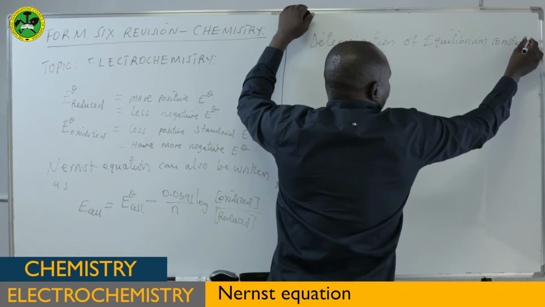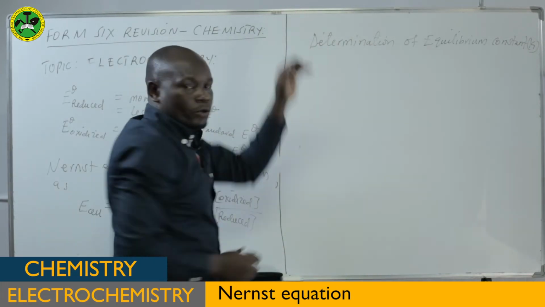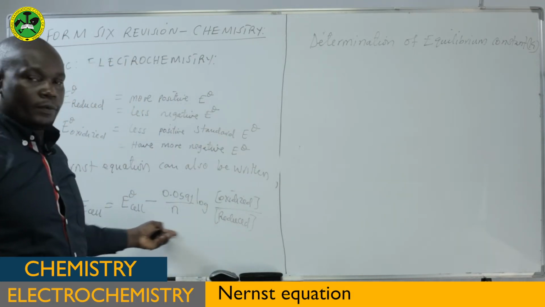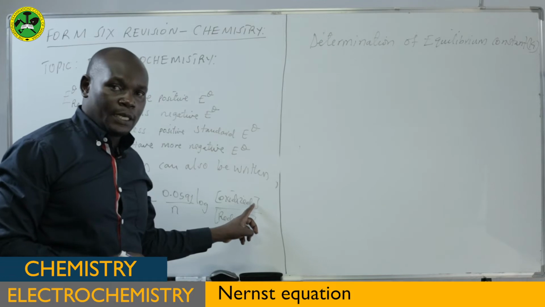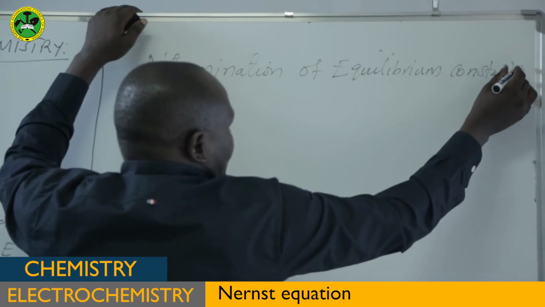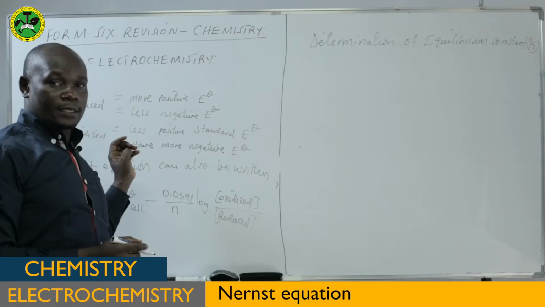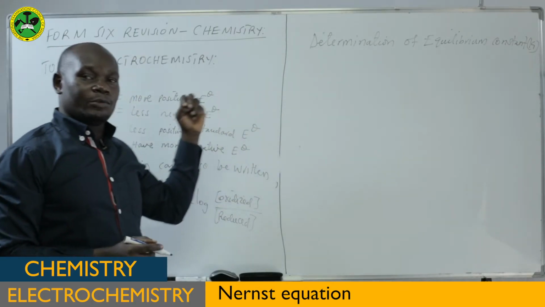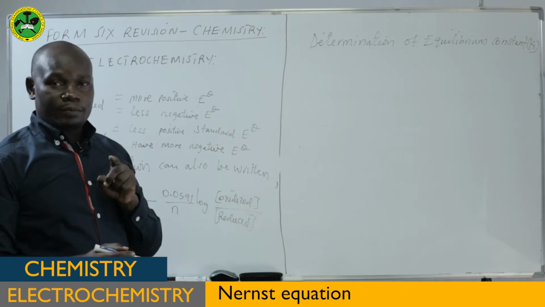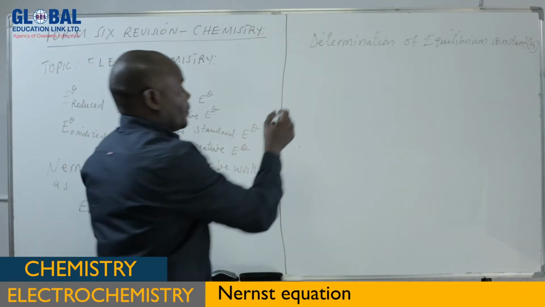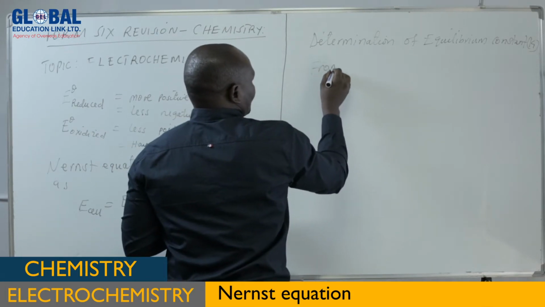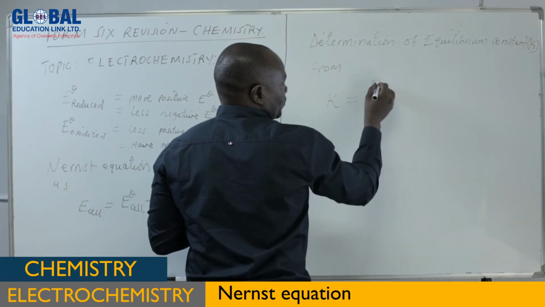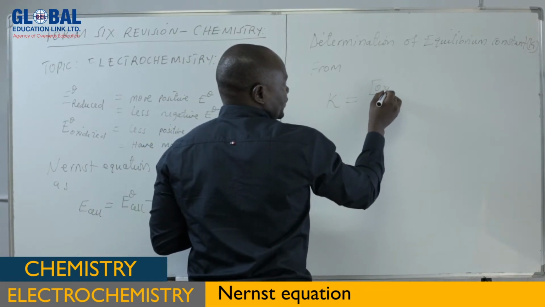Let us call it K of a redox reaction. Now, if we go from the Nernst equation, because the oxidized species stands on the product side and the reduced species stands on the reactant side, the concentration of oxidized species over reduced species is equal to the equilibrium constant, which is K. From equilibrium constant K, we get it by taking the concentration of oxidized species